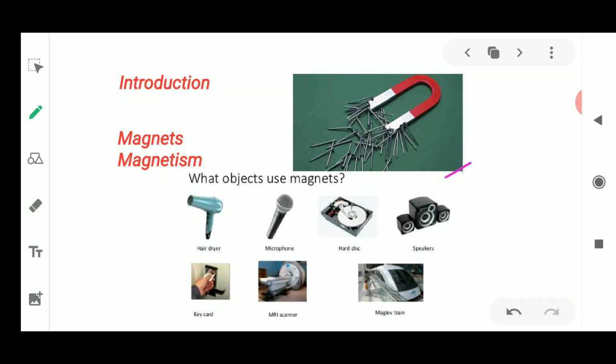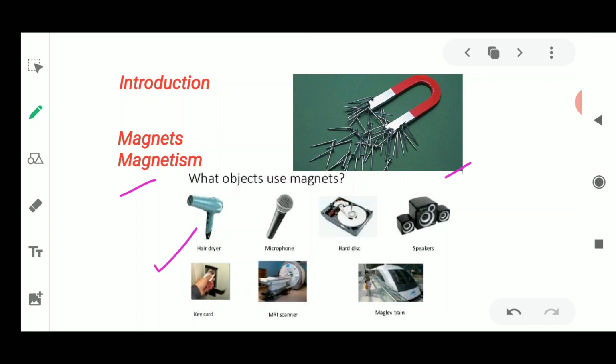This magnet is helpful in many other devices. Now this magnet has a property called magnetism. What is this magnetism? Magnetism is the attraction property of the magnet towards all magnetic substances. Magnetism is involved in the following objects using magnets. Rather, I would say it is using the electromagnet, a special kind of magnet which is made using electricity.